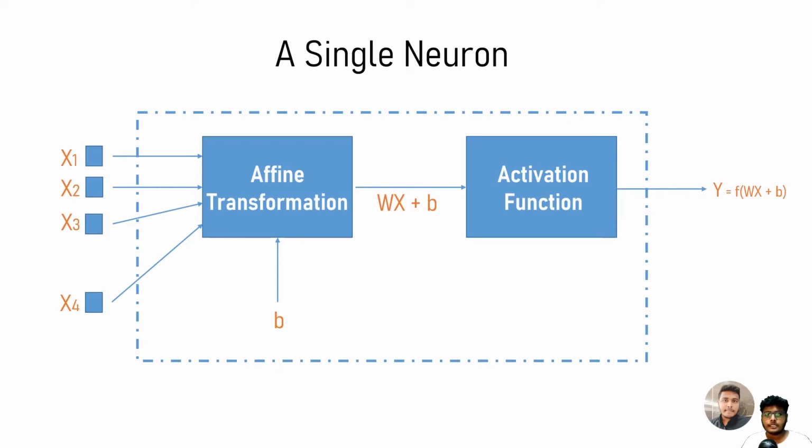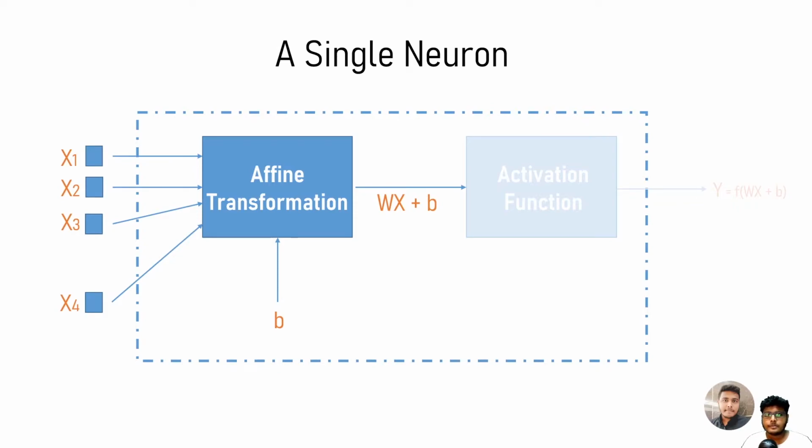Now in case of linear regression, you can pretty much understand that the activation function is going to be nothing other than the identity function, right? And that is the same as not using activation functions. So we can just remove the activation function, and this is pretty much what this neuron is going to do in our case. So we have a single neuron, and this is how the mathematical function is going to look for the single neuron in this linear regression use case, right? So it will just output wx plus b.